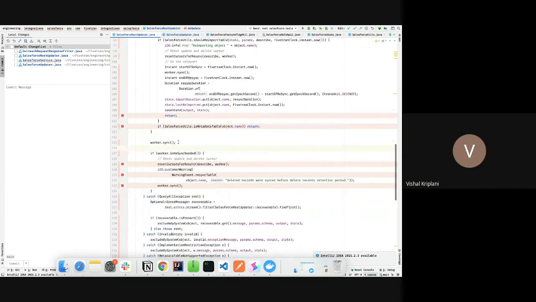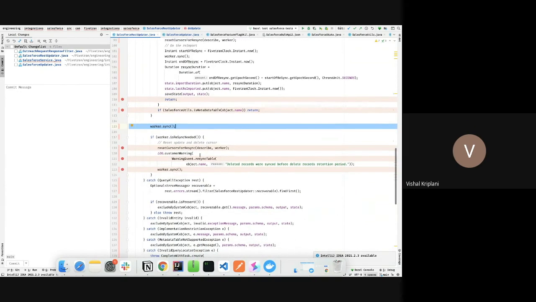Now let's suppose we sync this object, and after the sync we have one flag here. The worker decided that this object should be resynced. So we check once whether we should resync this object or not. Resync means complete resync.